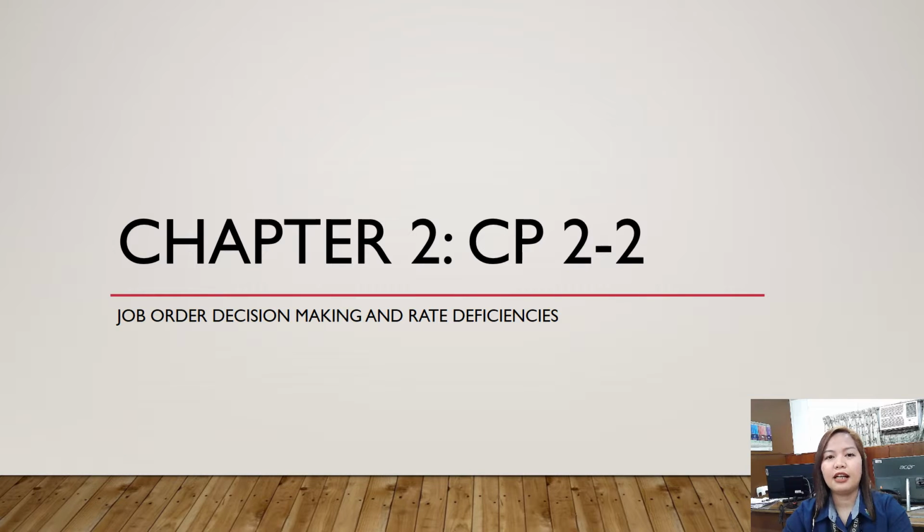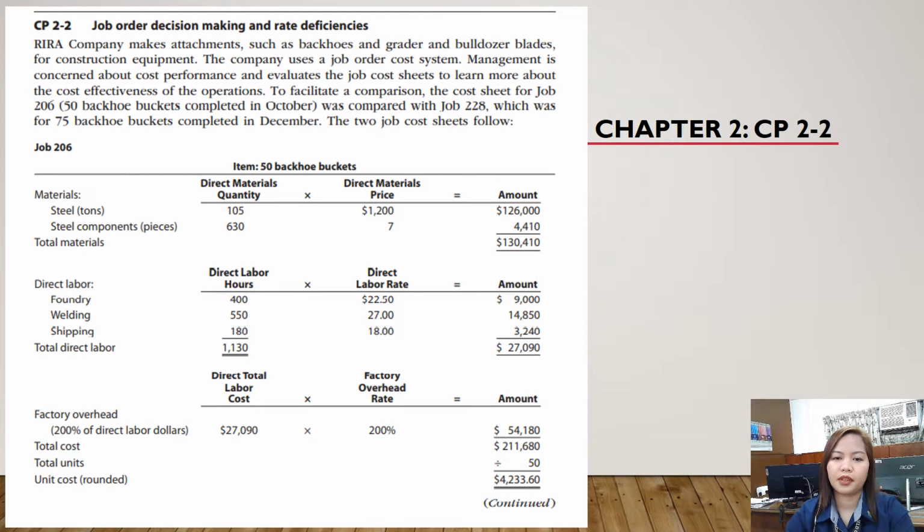To proceed, let us first know what the case is all about. Rear Company makes attachments such as backhoes and grader and bulldozer blades for construction equipment. The company uses a job order cost system. Management is concerned about the cost performance and evaluates the job cost sheets to learn more about the cost effectiveness